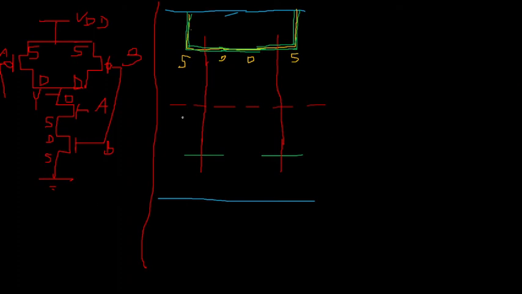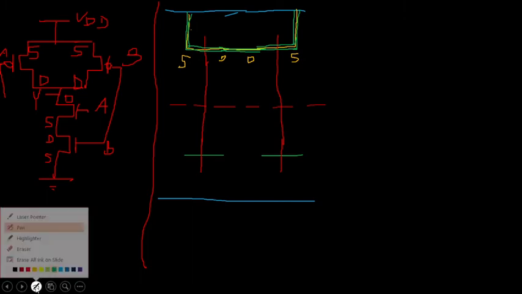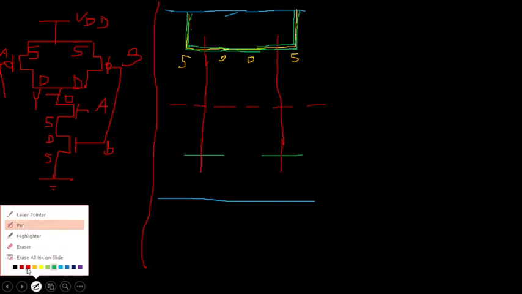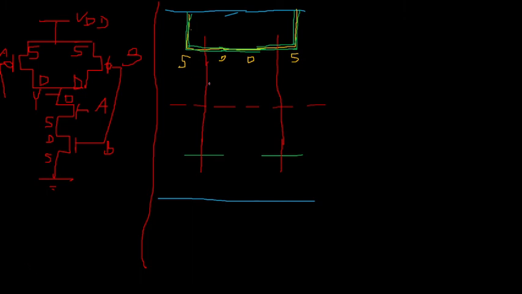Now let us come to the PMOS. We are done. Now let us see what is there in the NMOS transistor. Before moving on, you can also name both transistors A and B. This is your input A and this is input B. Now it will be more clear which drain is to be connected to which type of transistor. This will be clear now. So now let us proceed with this.